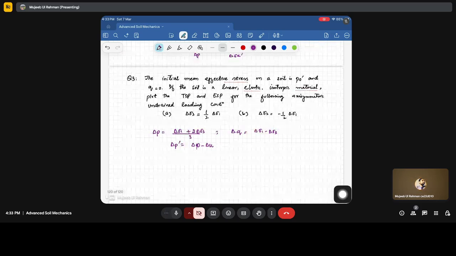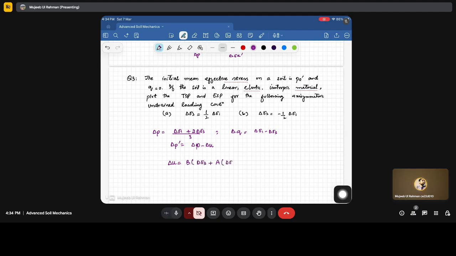Now we know from the previous modules that delta U is equal to B times delta sigma 3 plus A times delta sigma 1 minus delta sigma 3. Fine. We want to determine this delta U. So B is equivalent to 1 for a saturated sample,